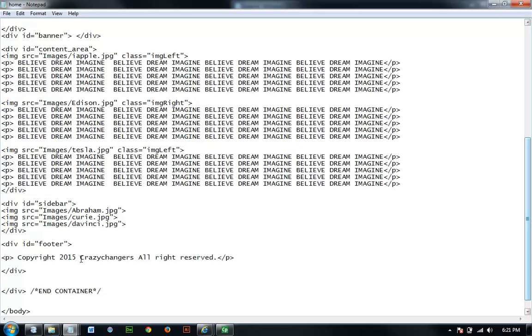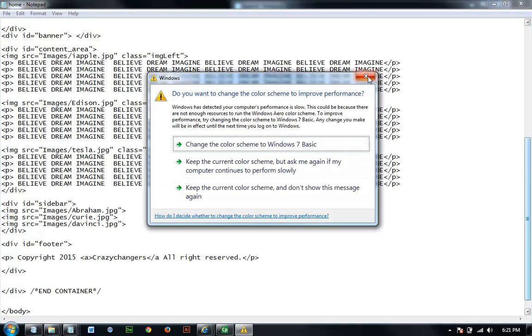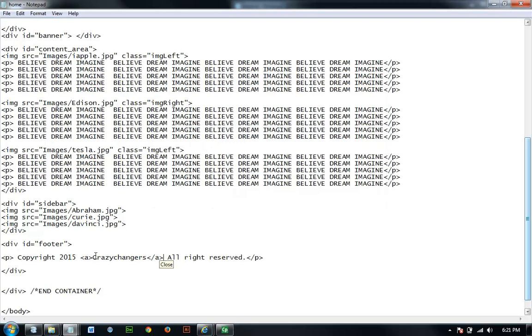Okay, all right, reserved. Now I want this to be a link, so in order to do that, you have to open an anchor tag here and, at the end here, close the anchor tag. Then I create a reference tag, and this one will link to, let's say, http://www.smtutor.com